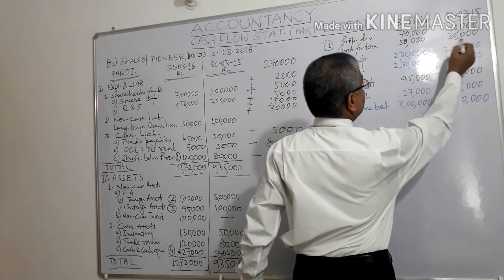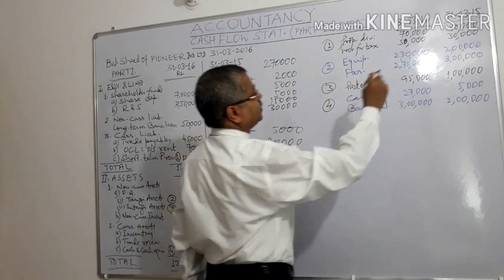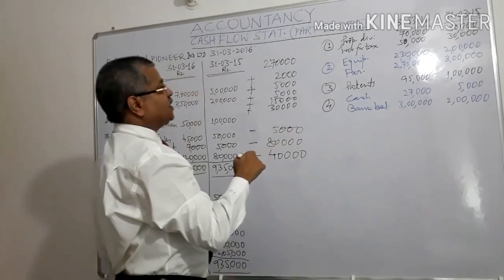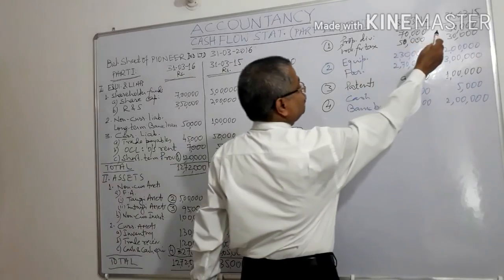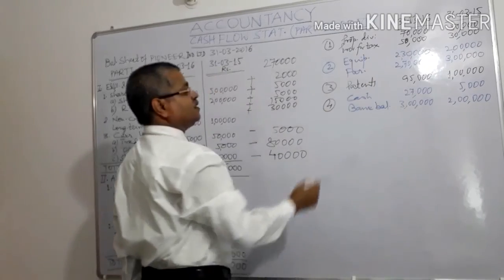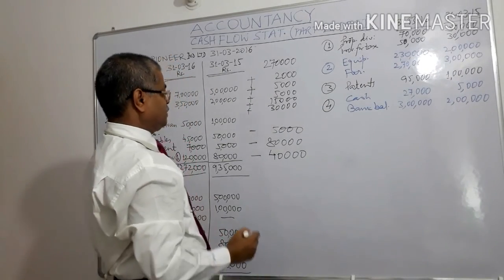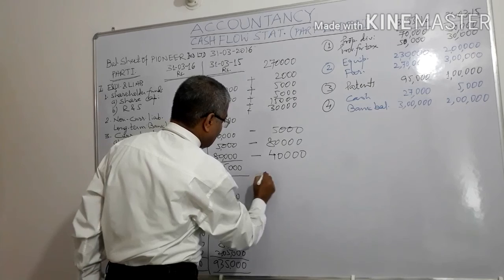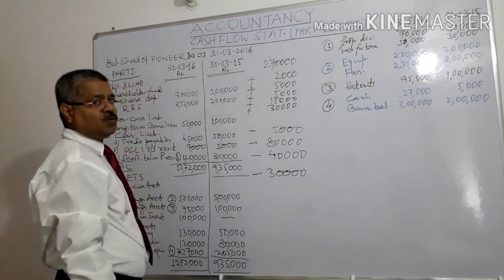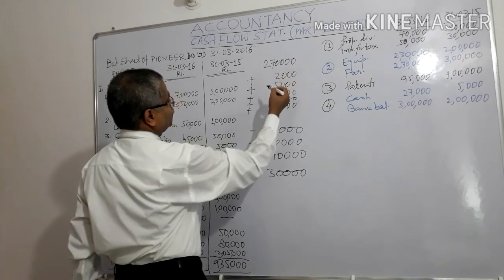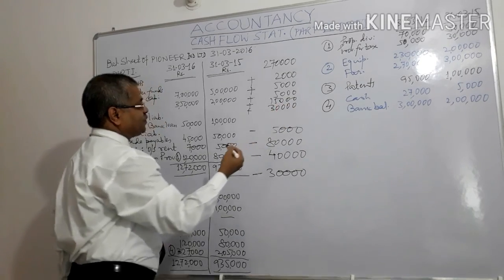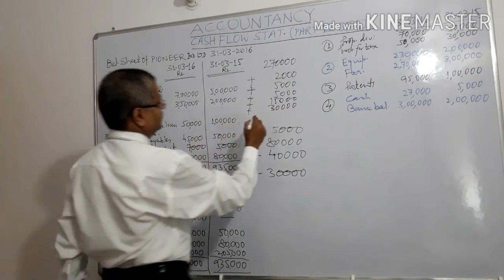Last year's provision, it has been presumed that provisions for taxes and dividend of last year have been paid during this year. Means 2014-15 provision, these two provisions have been paid during the year 2015-16. So here one more item we will deduct, and that is taxes, right? So now we come here 272, 282 and 45, 282, 327.